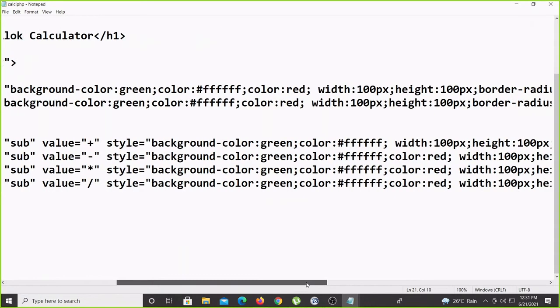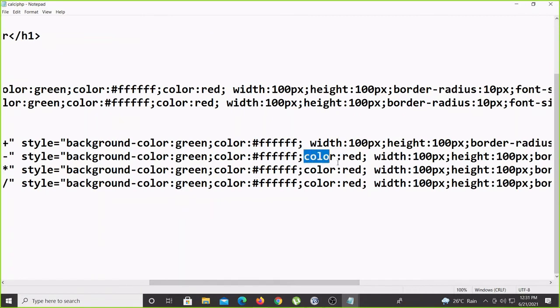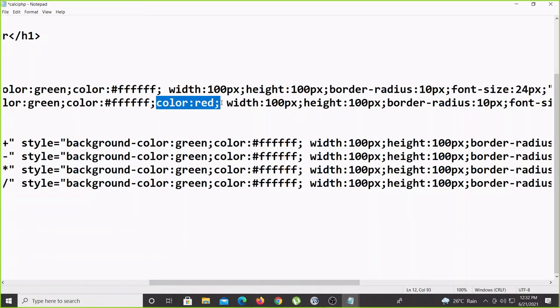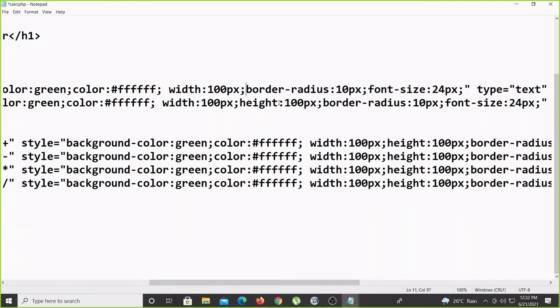One more problem happened. Yes, color remove, and we'll remove this one, and for this one we can go for a little more height and width for the box.